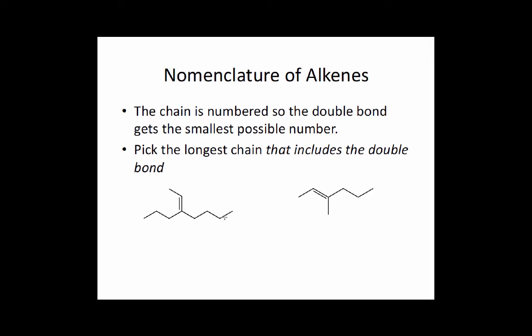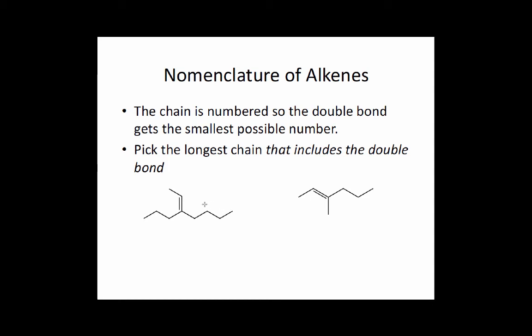So if we look at this molecule on the left, we have a longer chain, 1, 2, 3, 4, 5, 6, 7, 8, but it doesn't include the double bond, so we have to include this part of the chain, 1, 2, 3, 4, 5, 6, 7. Even though it's shorter, because it includes the double bond, we count that as the longest chain, or our base